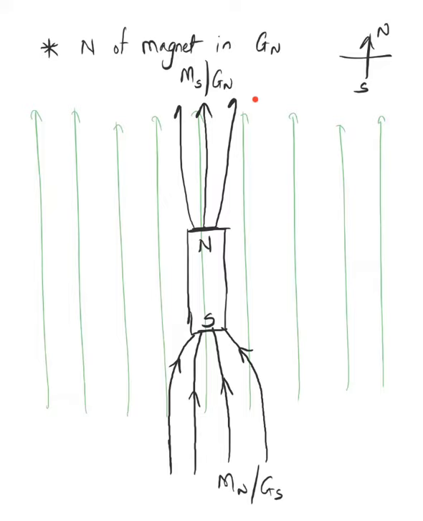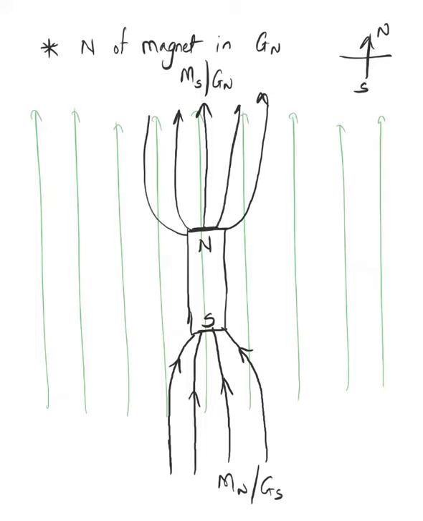So guys, this diagram is definitely very difficult. You need to draw it four or five times to get a good hang of it. You need a lot of practice for this one. One second, I'll just draw it once again here. Some of the lines got erased. So these are the magnetic field lines which are going from the north of a magnet to the south of the Earth's magnet. But there will be some lines which will come from the north of the magnet to the south of the magnet. So I'm drawing those also now.